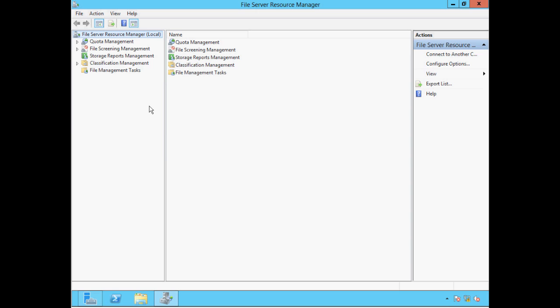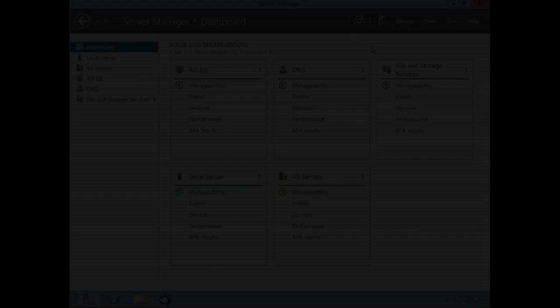Managing storage and data presents a serious challenge to an organization. Poorly managed storage can be extremely costly and also present a security risk. File Server Resource Manager provides us with a set of tools that enable us to manage how data is stored. We can control the quantity, the type of data, and also monitor what's going on with detailed storage reports. And I'll show you how to do that in this two-part video.